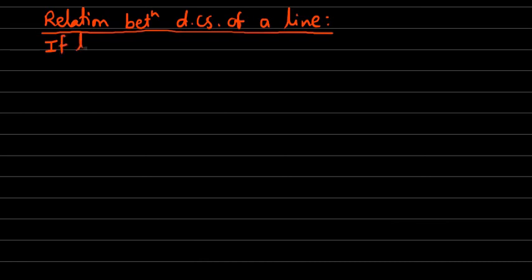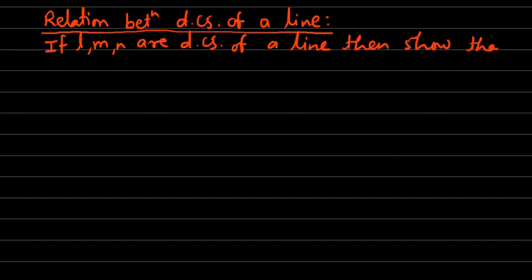So if L, M, N are DCs, that means direction cosines of a line, then prove that